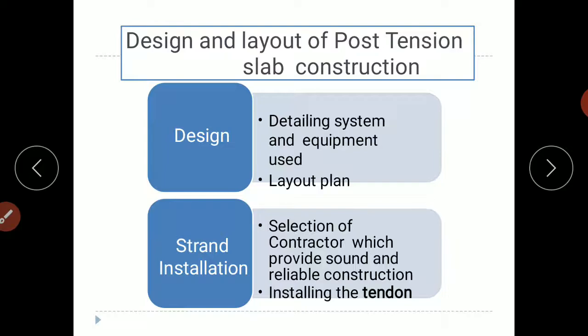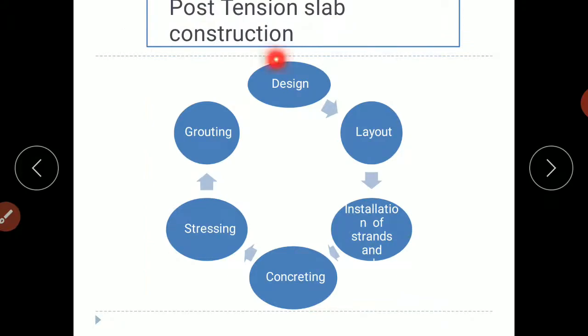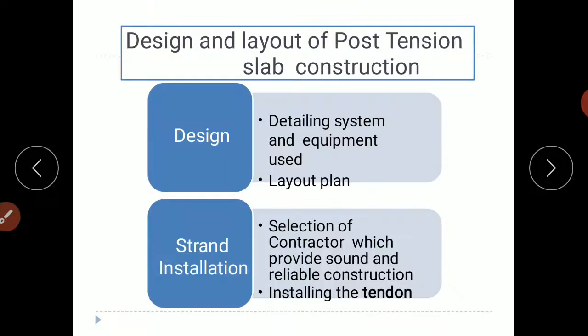Design and layout of post tension slab. Okay, we have seen these steps. Now we'll go into the detail. So design is the detailing, system and equipment used, layout plan. Installation of strand means we'll go for a particular type or calculated diameter of tendons or strands, and then we'll put them in place.